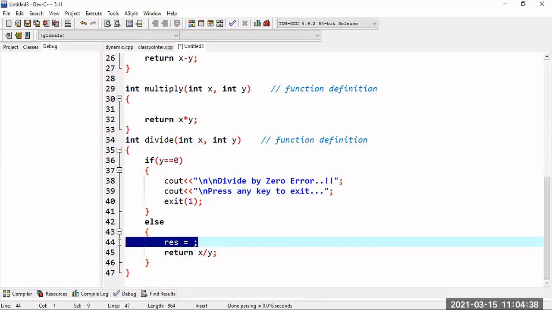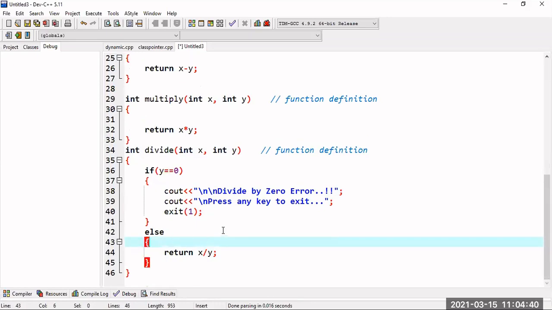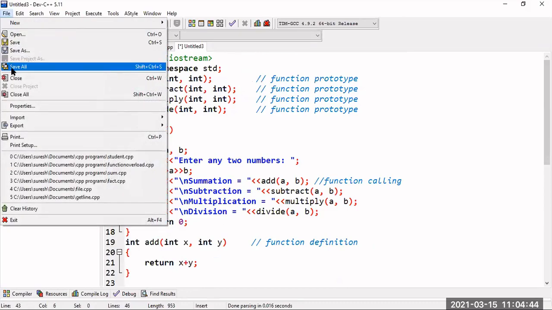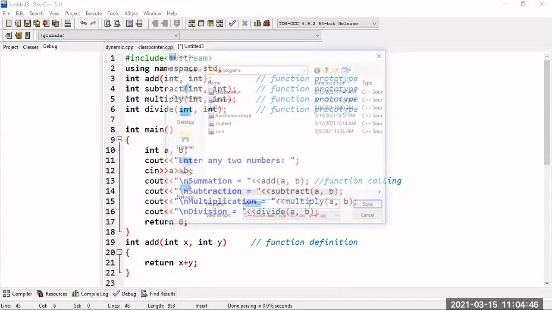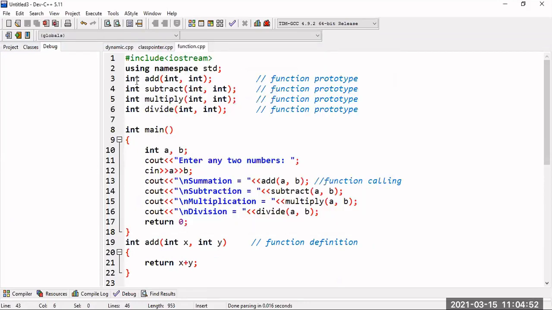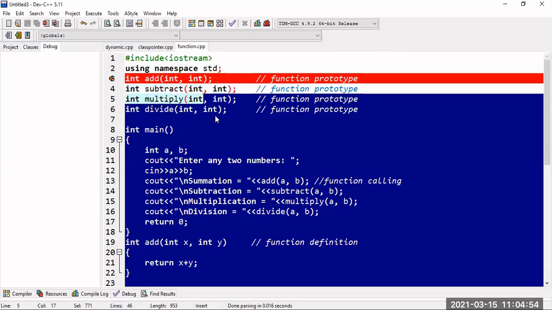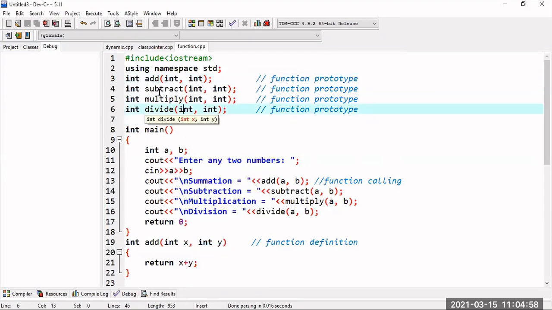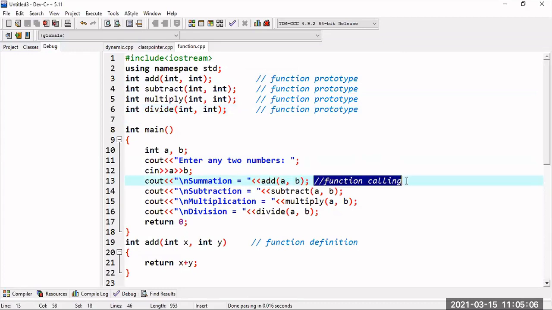Okay, hope everyone finds this easy to understand, right? Yes, sir. So I will save this as function dot cpp. This is a simple program. This is the function prototype: add is the function which will take two parameters of integer type, subtraction like this, and then calling the functions.